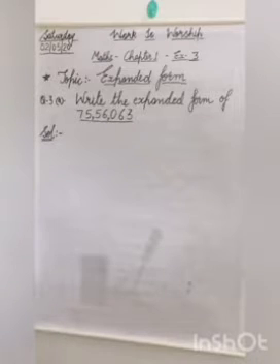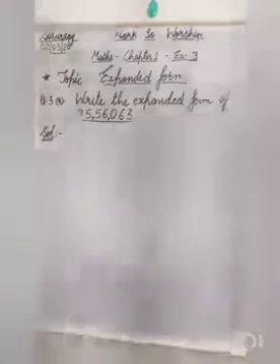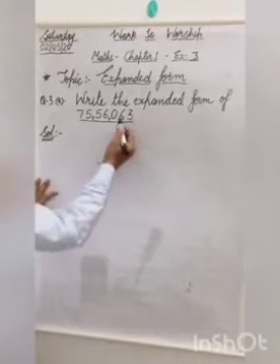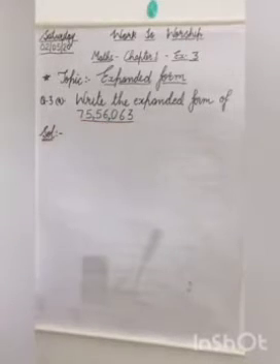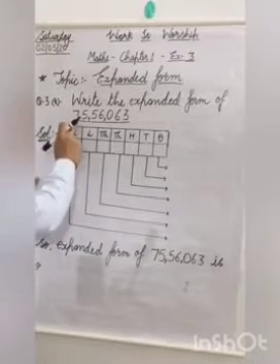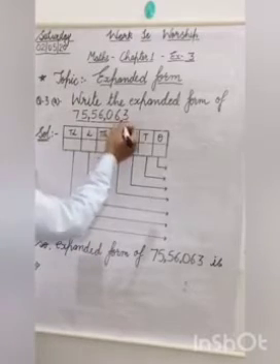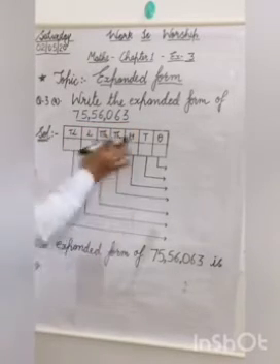Okay, जैसा कि हमने पहले भी डिस्कस किया है कि किसी भी नंबर का एक्सपेंडेड फॉर्म राइट करने के लिए, लिखने के लिए हमें सबसे पहले उनकी डिजिट्स का प्लेस वैल्यू फाइंड करना होता है. ओके, नाउ लेट अस फाइंड द प्लेस वैल्यू ऑफ द डिजिट्स. सो स्टूडेंट्स, let us find the place value of the digits in the number 75,56,063. So we put the number in their place value chart.